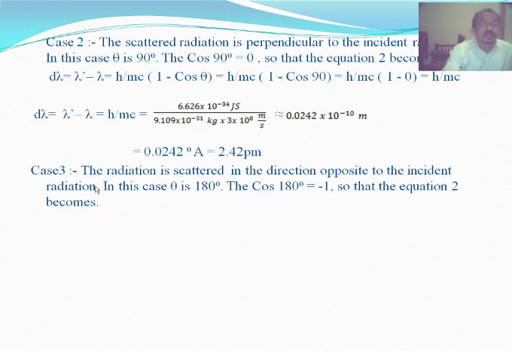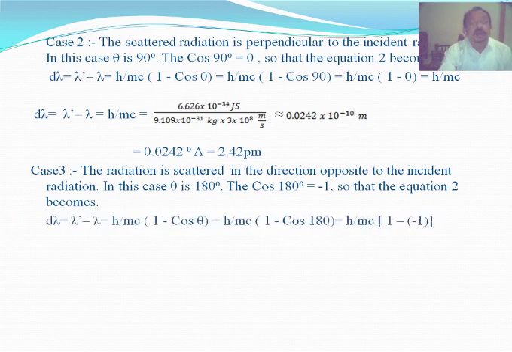Now the third case: the radiation is scattered in the direction opposite to the incident radiation. That means the direction of the incident radiation and the scattered radiation are exactly opposite to each other. At that time the angle theta is 180, therefore cos of 180 is minus 1, so that equation 2